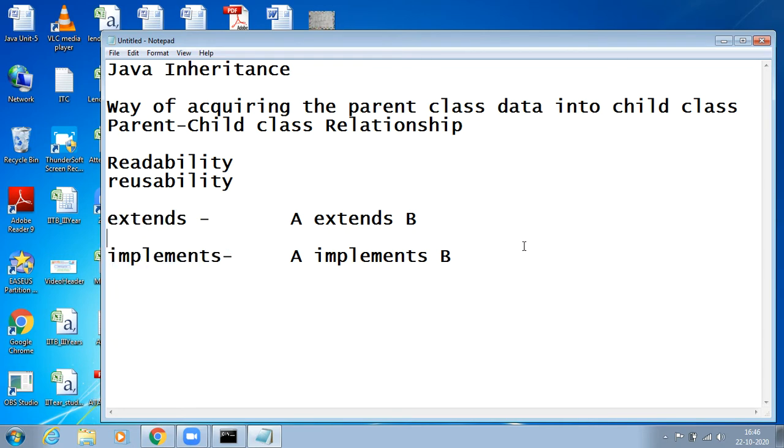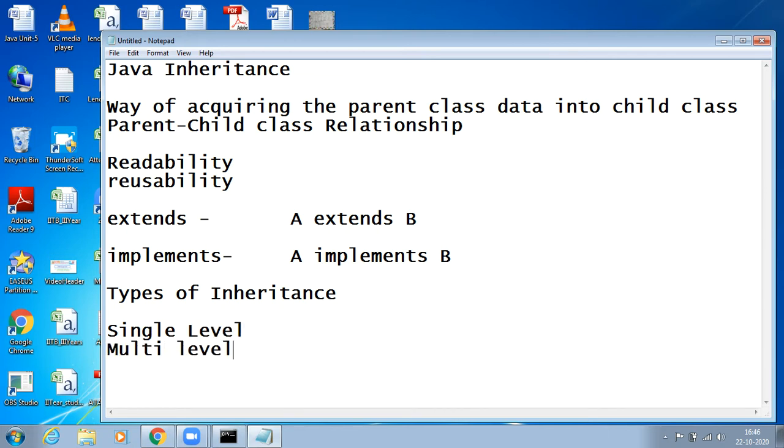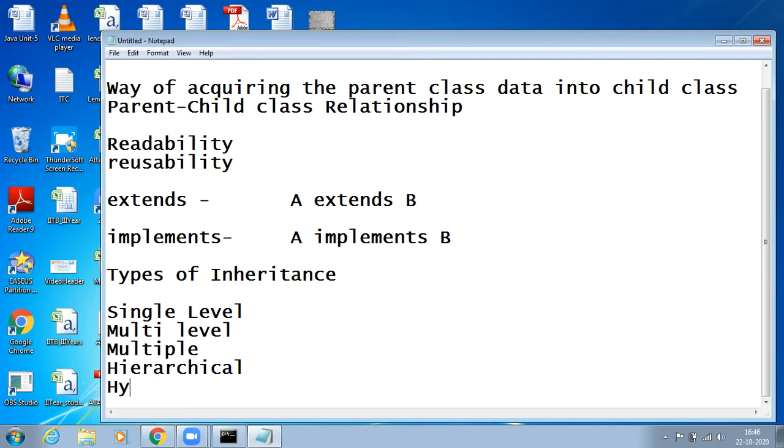Regarding the types of inheritance, we already have a basic video of about 10 minutes. Just look into that. The types of inheritance are single level inheritance, multi-level inheritance, multiple inheritance, hierarchical inheritance, and hybrid inheritance.